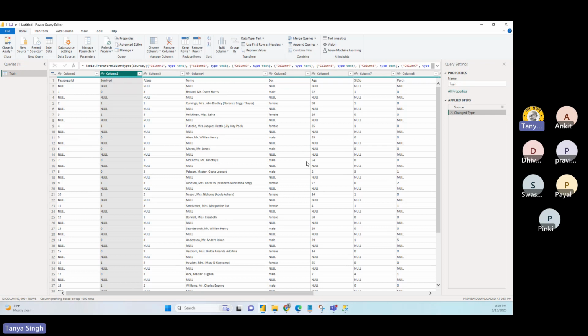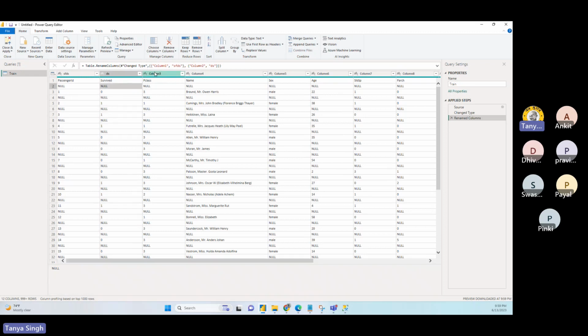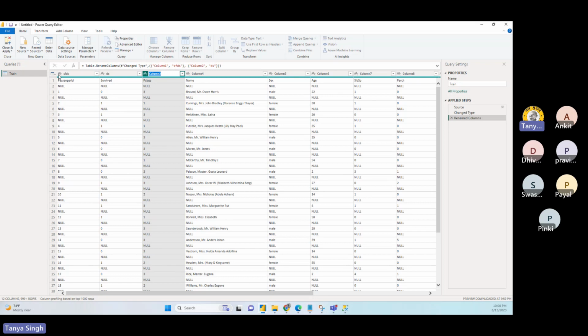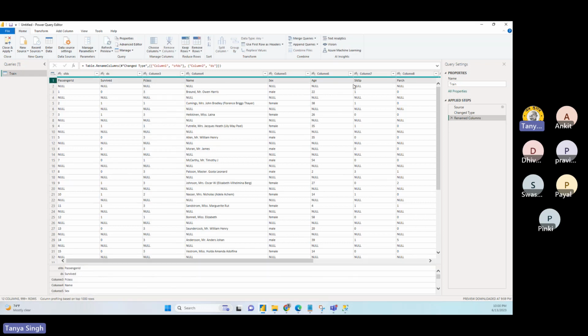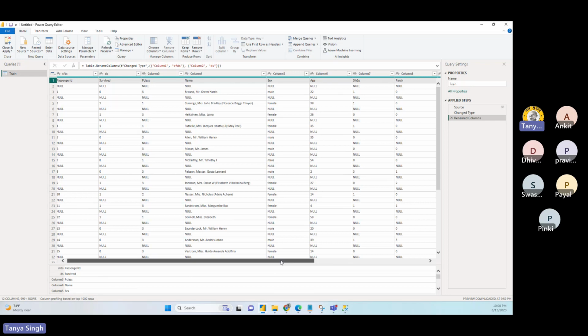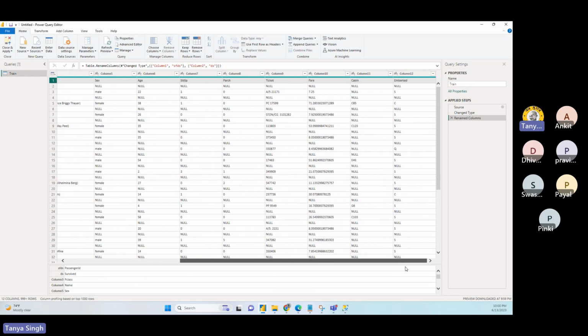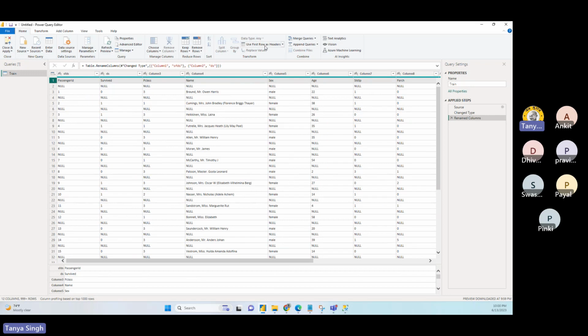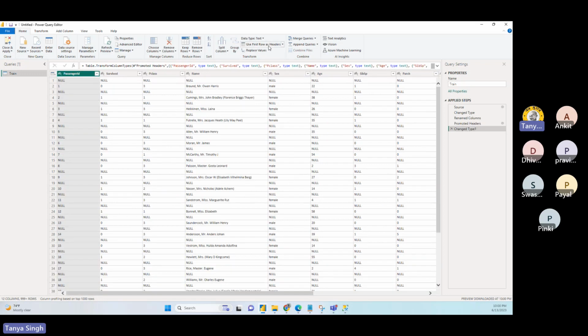One more thing you also need to do. Let me clear out this filter. This is coming as column one, column two, column three. You can rename it however you want, but there is a better way to do that. Remember, if you are doing something and it is hard, try to find an alternative way. There is always a better way to do it. You know that the first row is your header, the column names. So there should be a way to convert the first row into a header. See here, use first row as header. Simply click there. That's it, done.